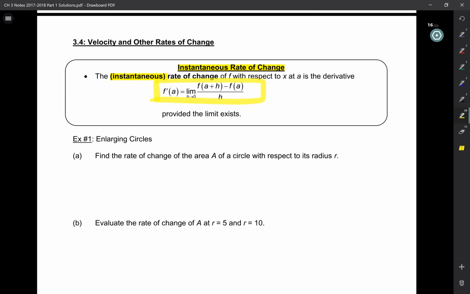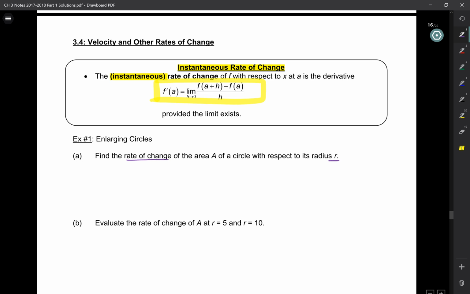Okay, so first we're going to talk about this example. It's about a circle. And imagine a circle is not rigid, it's expandable, and it's getting bigger or smaller. The question asks to find the rate of change of the area of a circle with respect to its radius